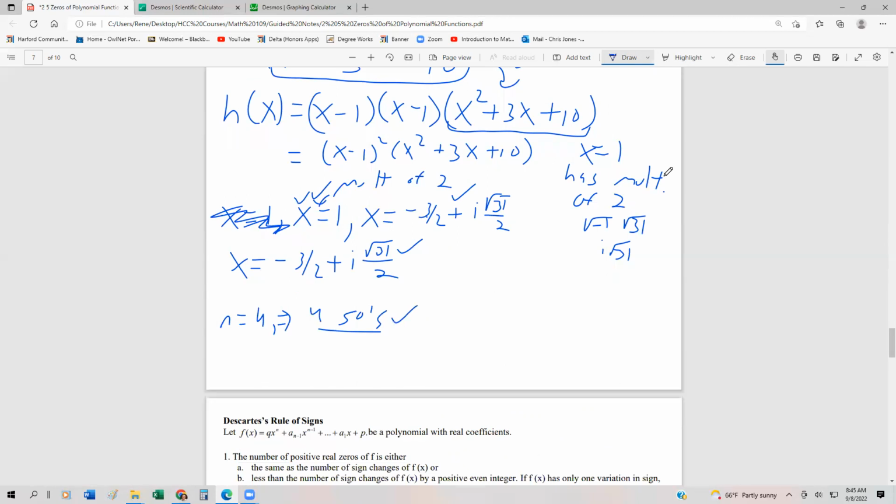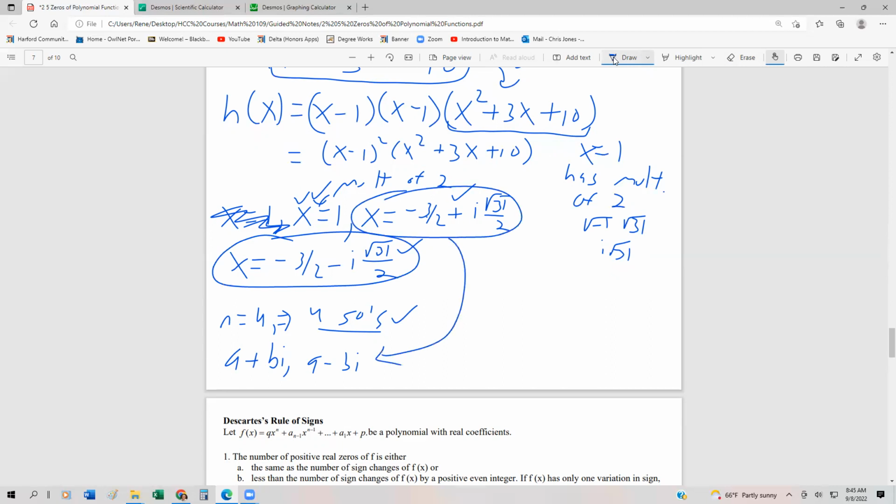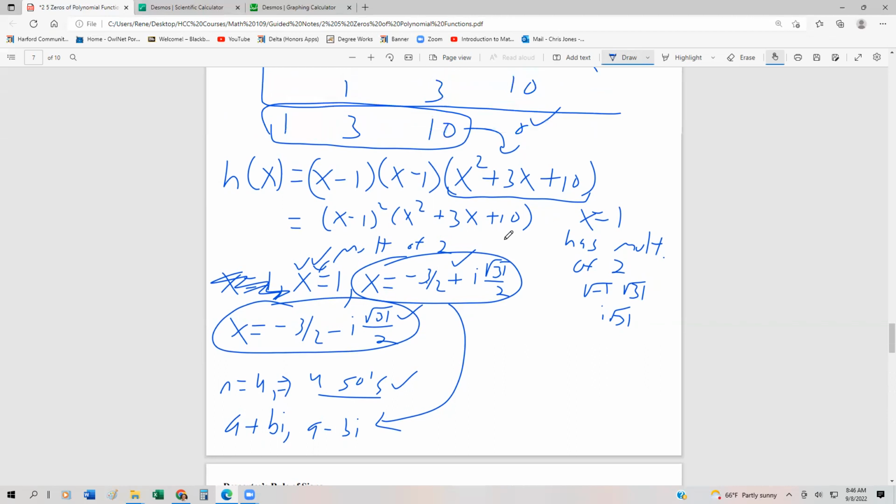So that makes sense. Also, remember we talked about at the very beginning of the section, if a plus bi is a solution, then a minus bi is also a solution. All right, and I think I made an error up here. This should be negative 3/2 minus i root 31 over 2. So excuse me. So this is our other solution that we have. Okay, so these are our conjugate pairs. Okay, so that's where we can check to make sure that's okay. So it's a good thing I checked just to make sure that I had the right answer by having our conjugate pairs. Okay, all right, so that's everything that we need to know to be able to solve our polynomial